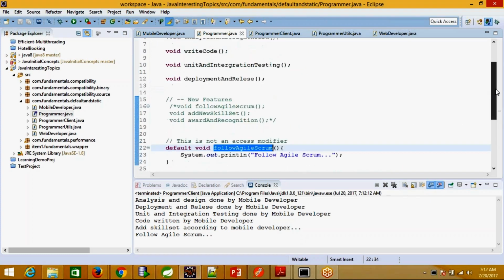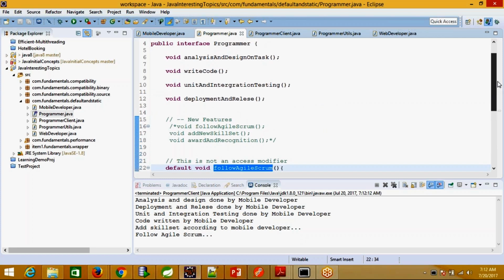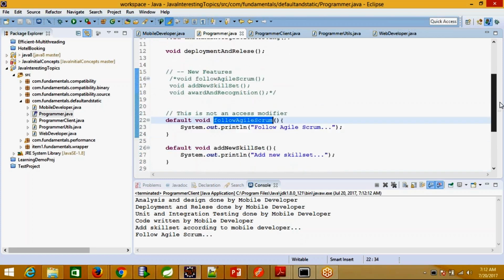So again coming back to this programmer interface, if you would look into the collection interface and collections utility class, a lot of utility static methods have been added to support the collection API itself over there.